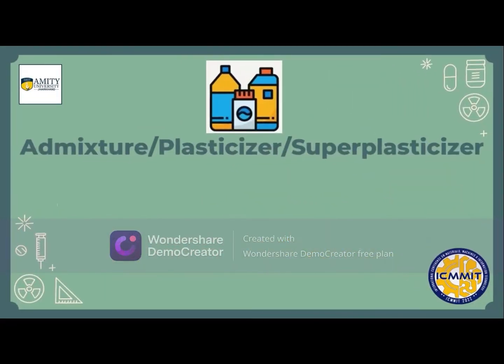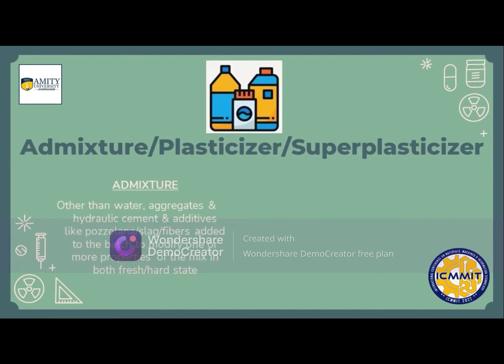Now, coming to the topic, what is an admixture? Admixtures are materials other than water, aggregates, hydraulic cement or additives like pozzolana or slag fibers, which are added in the concrete batch to modify the properties of the fresh and the hardened state. This is added to the mixture from outside. This is called an admixture. And a plasticizer is a type of admixture which reduces water in the mix